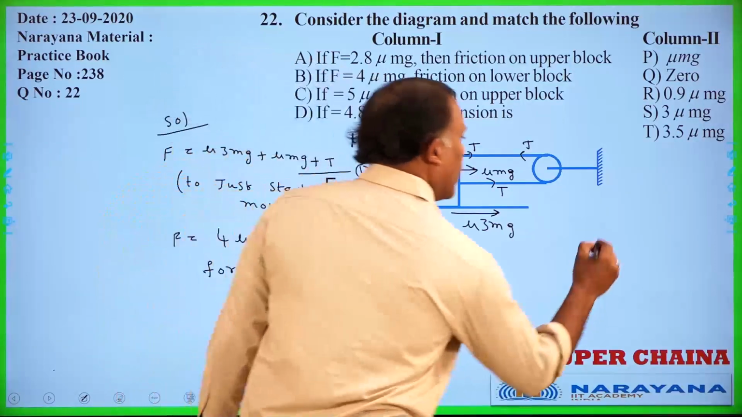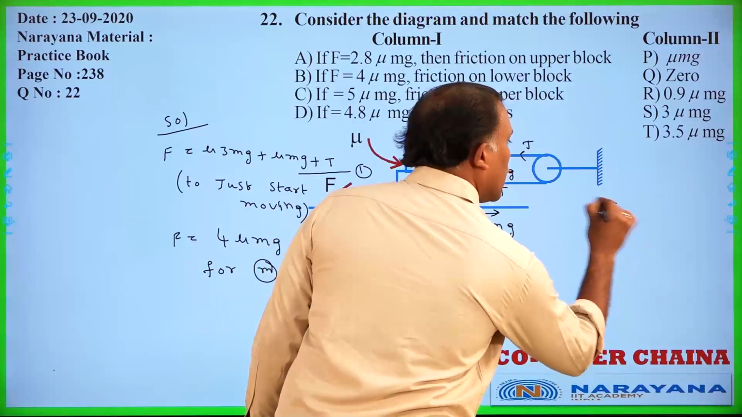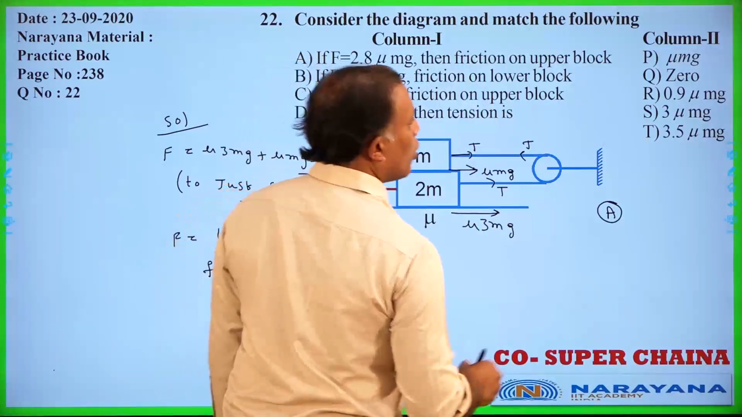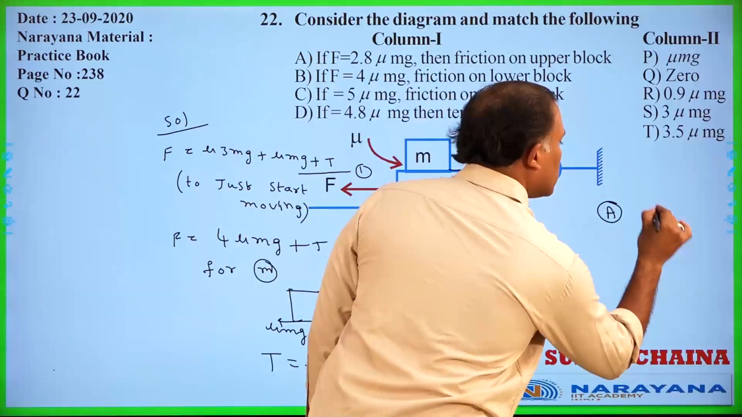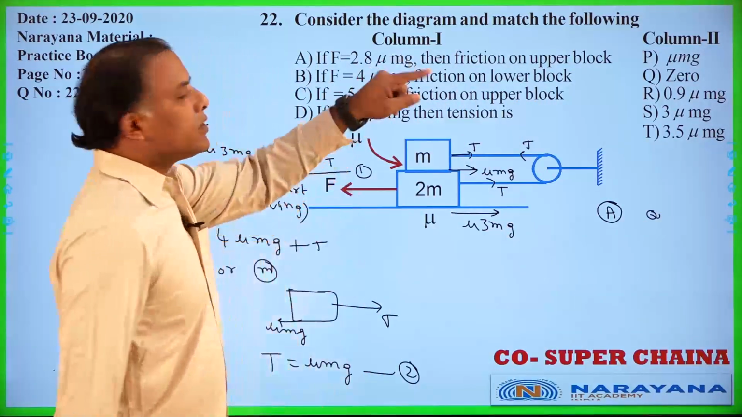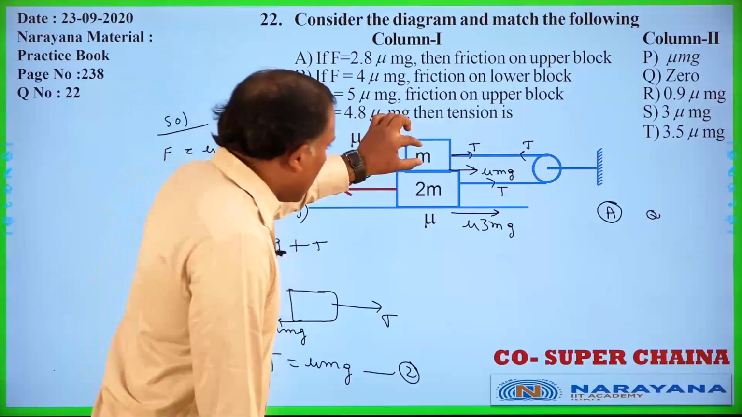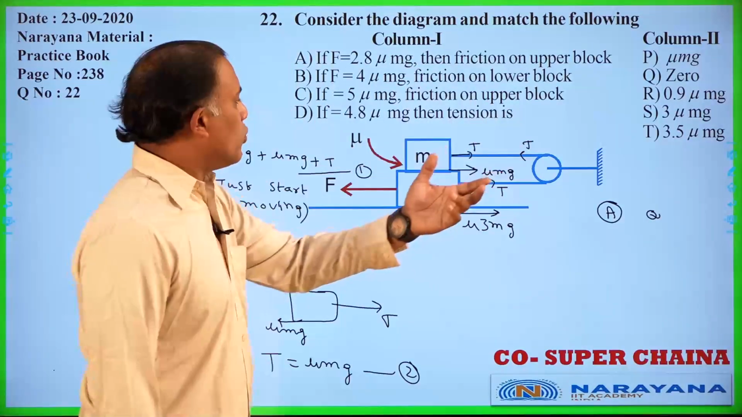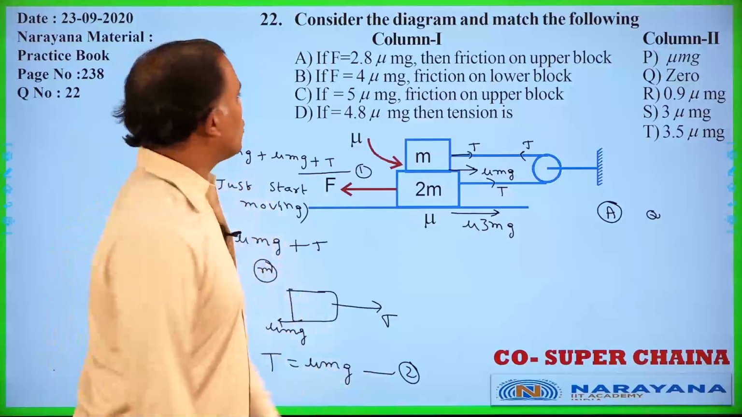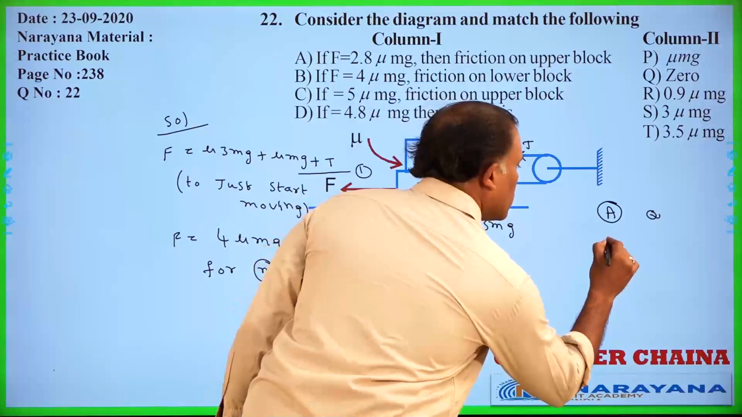Then for option A, as the block will not move, the answer is Q. Because that M will not start moving, the friction will be 0 on that. And next, for B, if you see,